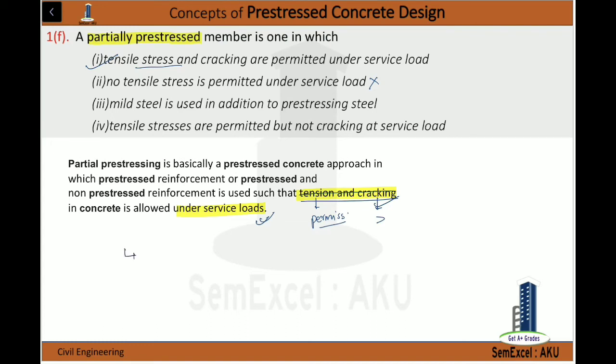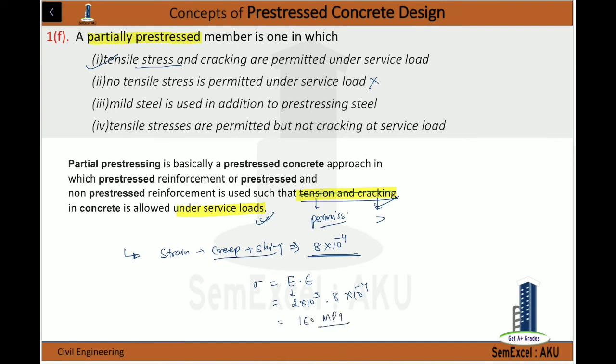Okay, here is the explanation. The combined strain due to creep and shrinkage is equal to 8 into 10 to the minus 4. This is the approx value, right? And what is the stress? Stress is equal to Young's modulus of elasticity into strain. For steel, any type of steel, we have this value as 2 into 10 to the 5 MPa, and strain is 8 into 10 to the minus 4. So this is equal to 160 MPa.